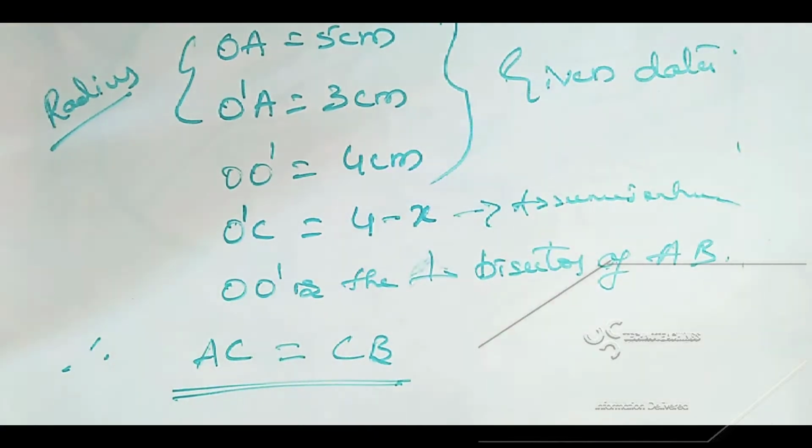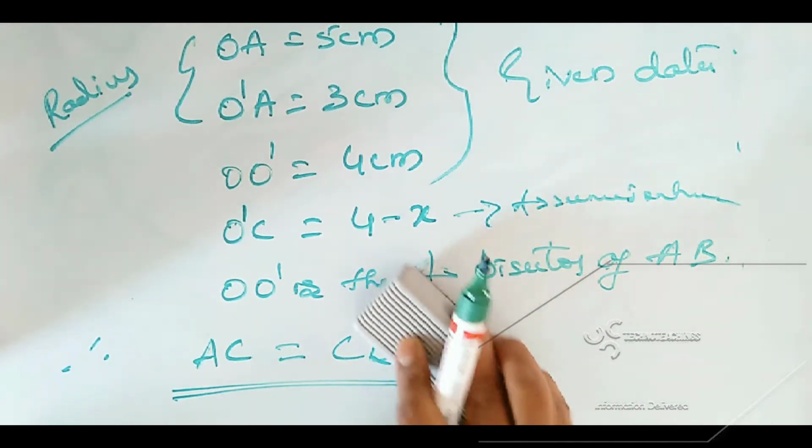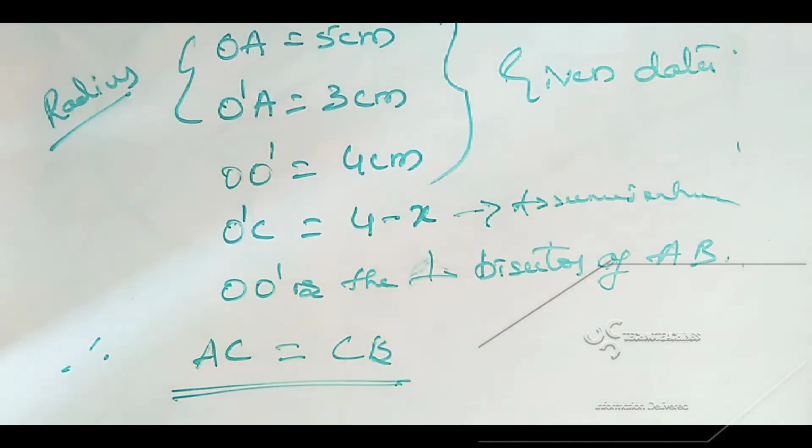So this AC is equal to CB, right? C, A, and this is B. If it is C, this part should be very similar to this part also. So I have written the expression AC equal to CB. In order to solve the expression, I'll use the Pythagoras theorem. I will redraw the figure once again, since you need to note down this given data.